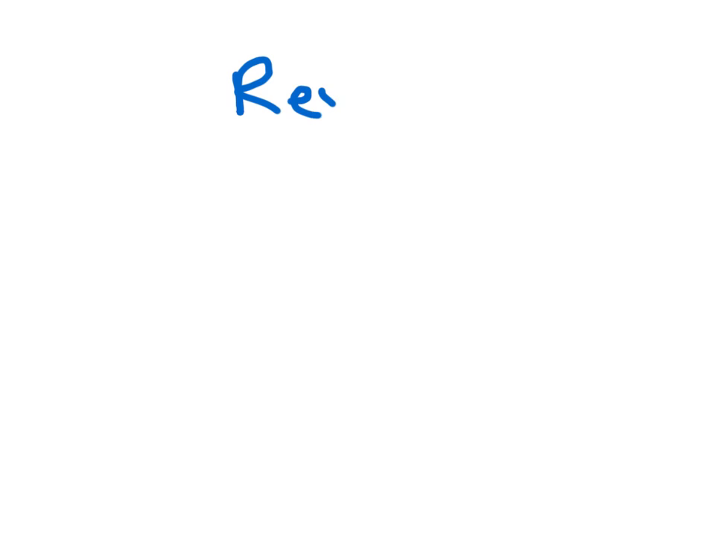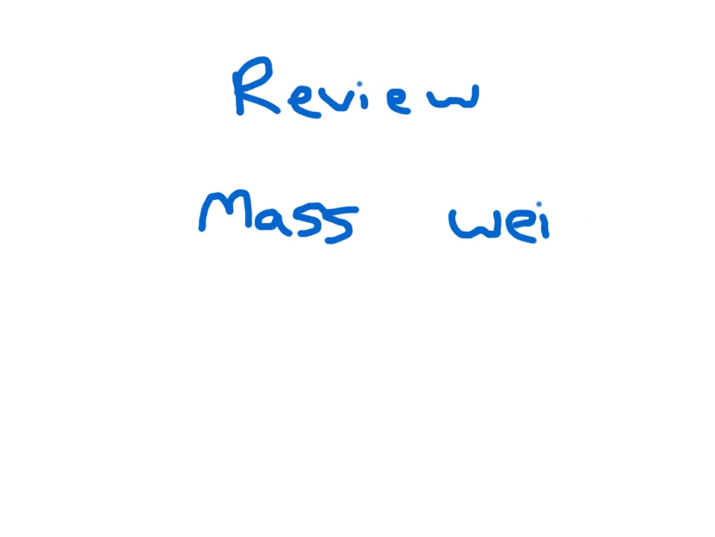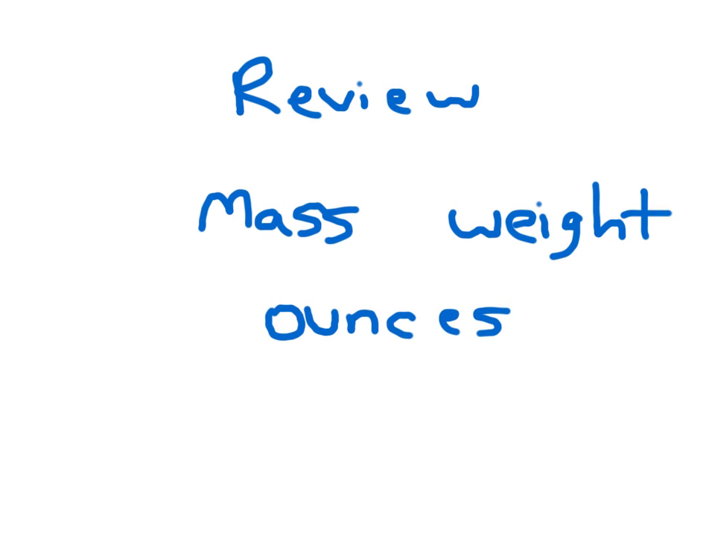So remember, when we are talking about mass, how much a thing weighs, our customary units of measurement, the smallest, starts with an O, is ounces. And larger than that is pounds. Finally, you have tons,